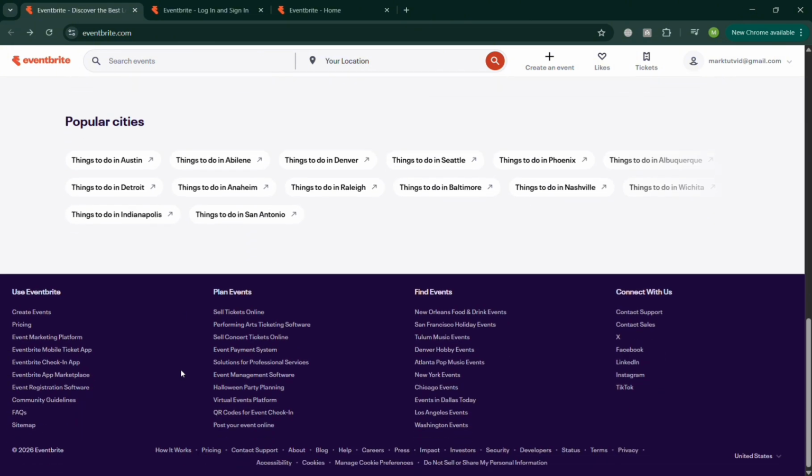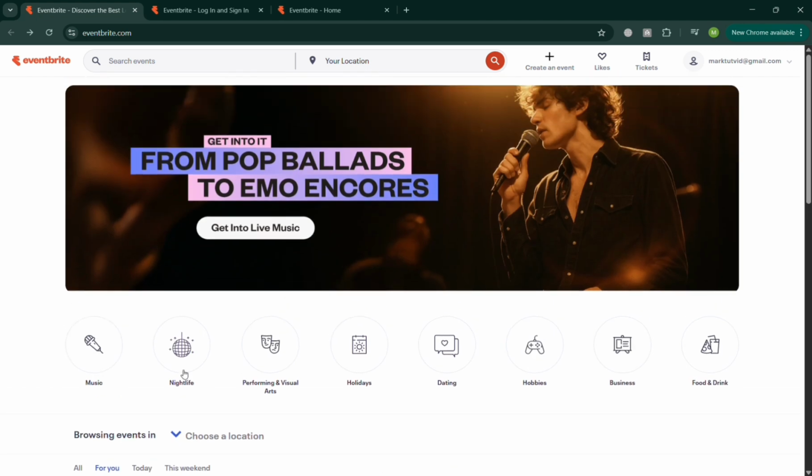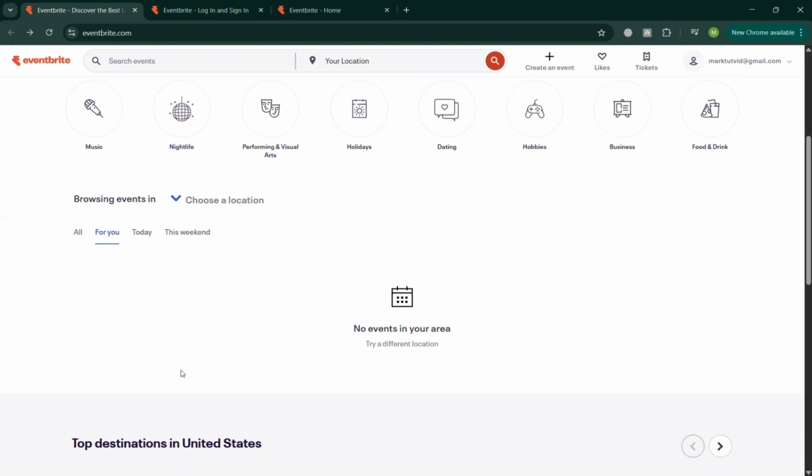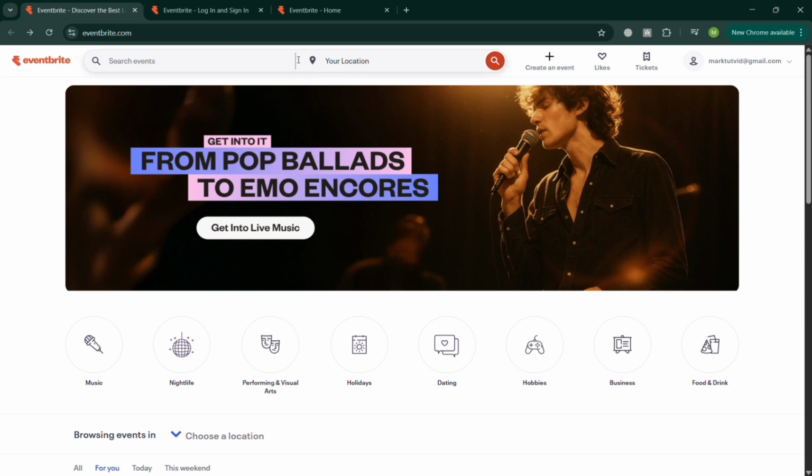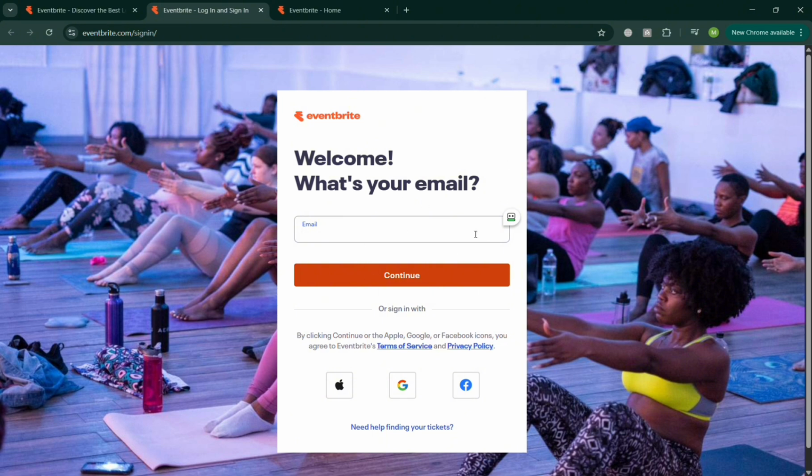But before that, if you don't know what Eventbrite is, it is an online event management and ticketing platform that allows individuals and organizations to create, promote, and sell tickets for events of all sizes. It also provides tools for event setup, registration, payment processing, and attendee management, making it easy to host both in-person